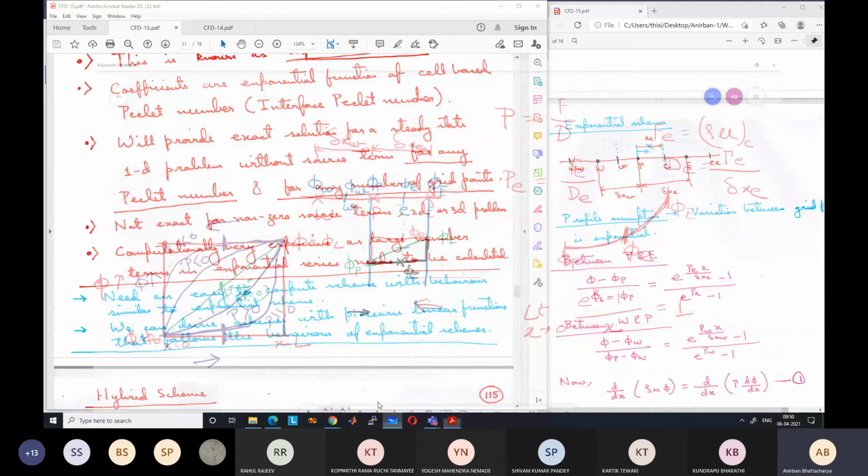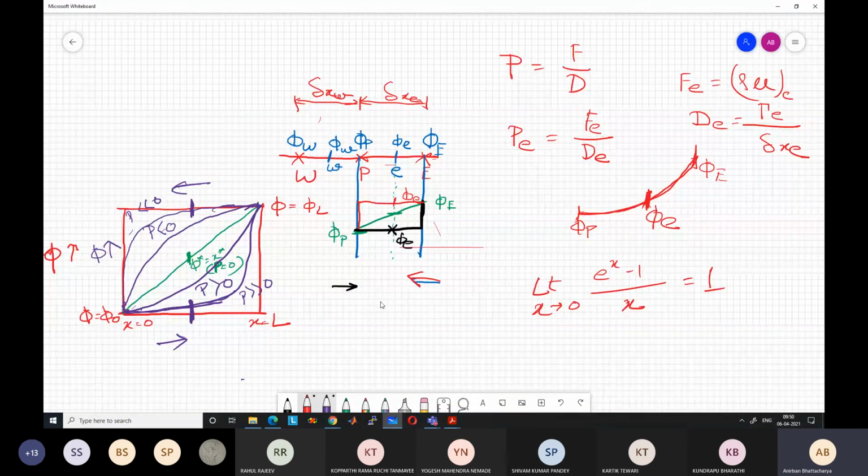How? So for example, we can devise a function like this. Instead of taking a single function, we can take a function like this. Up to a certain point, it is a straight line like this. Then from another point, it is another straight line like this, and then another straight line like this. Although it is not looking like straight lines, I am trying to draw straight lines here.